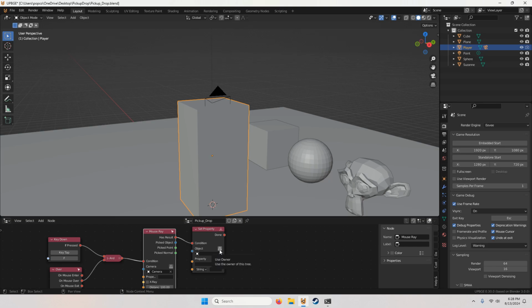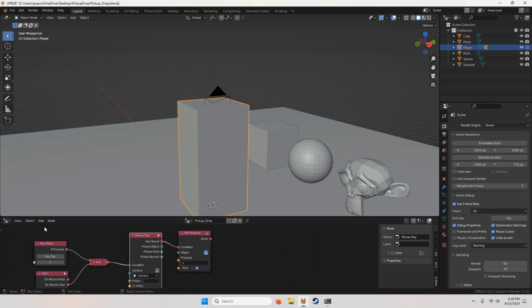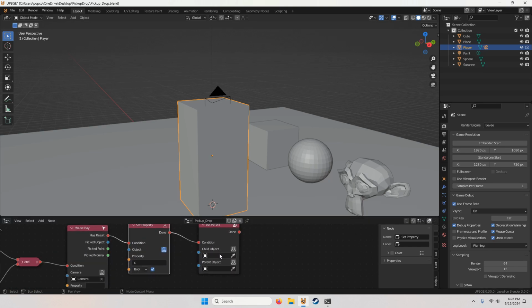And have use owner checked. And property C, boolean checked. And we'll need a set parent. And the child object should be cube, and parent object should be camera.